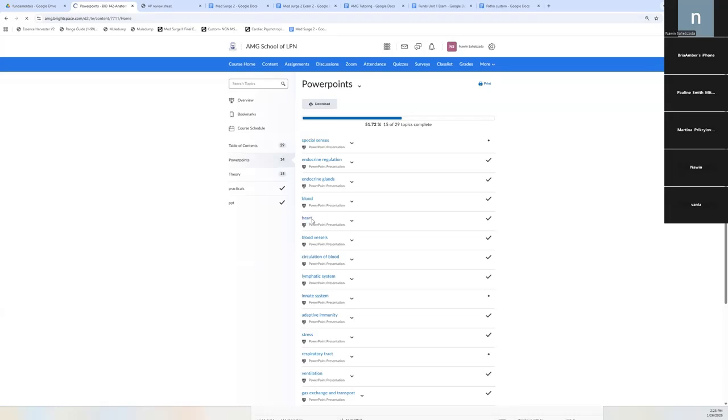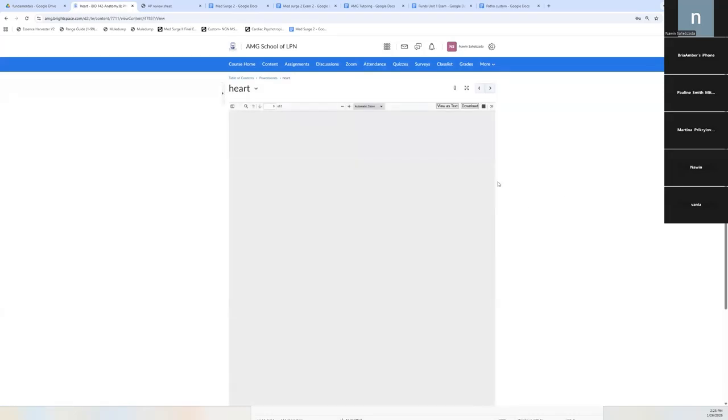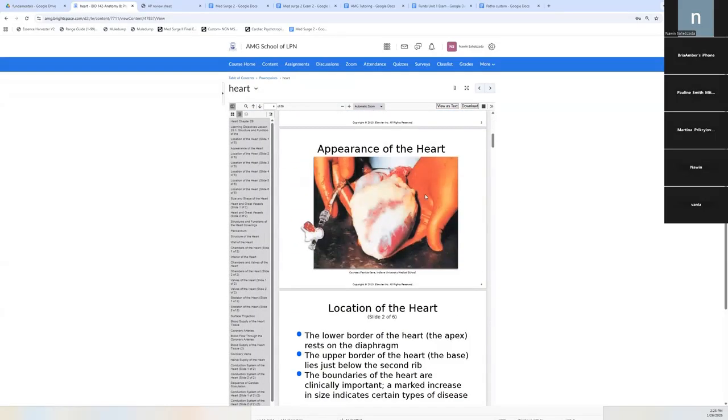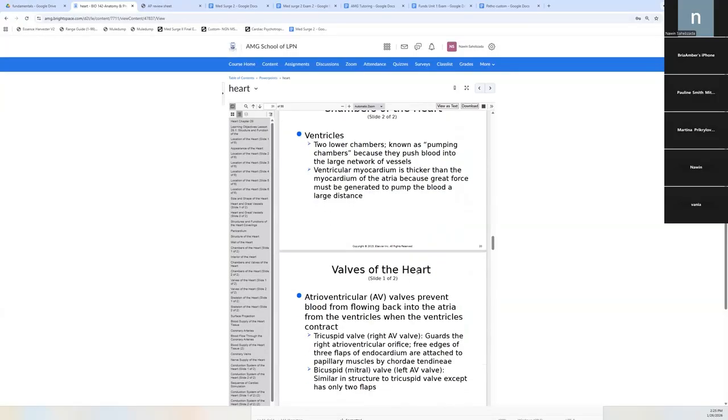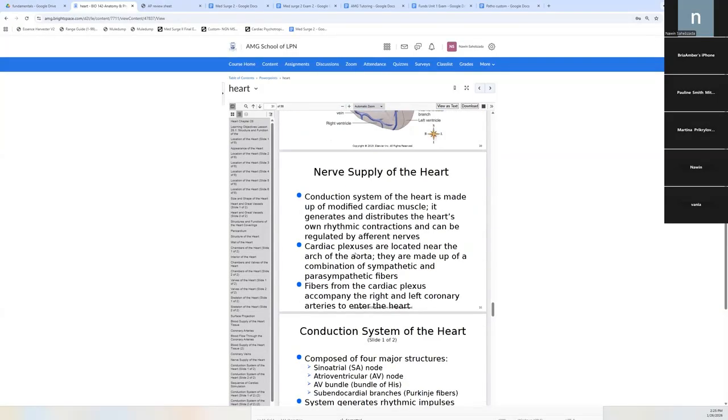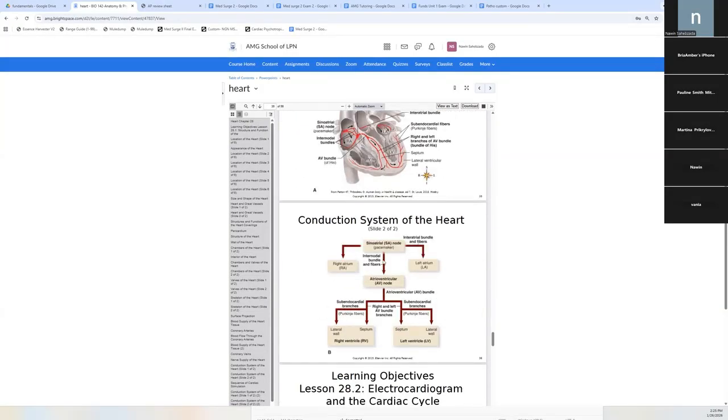So if I want to brush up on some information like the heart, I can still go back to these PowerPoints and read them. That's very neat. Yeah, very helpful, because later in the semester you're going to get retested on this stuff. So it's always good